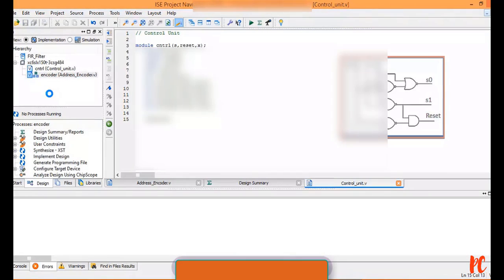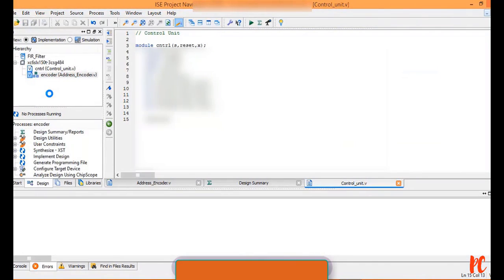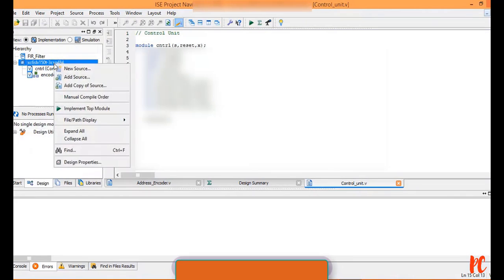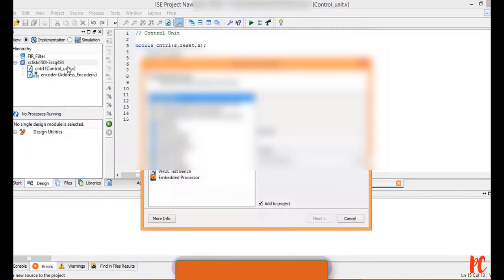Based on the circuitry of an address encoder and the control unit, I am writing the Verilog code here. There is nothing too much to explain here. Now let me add one more file, which is the Verilog module, and this time I am writing an LUT for a 4 table.